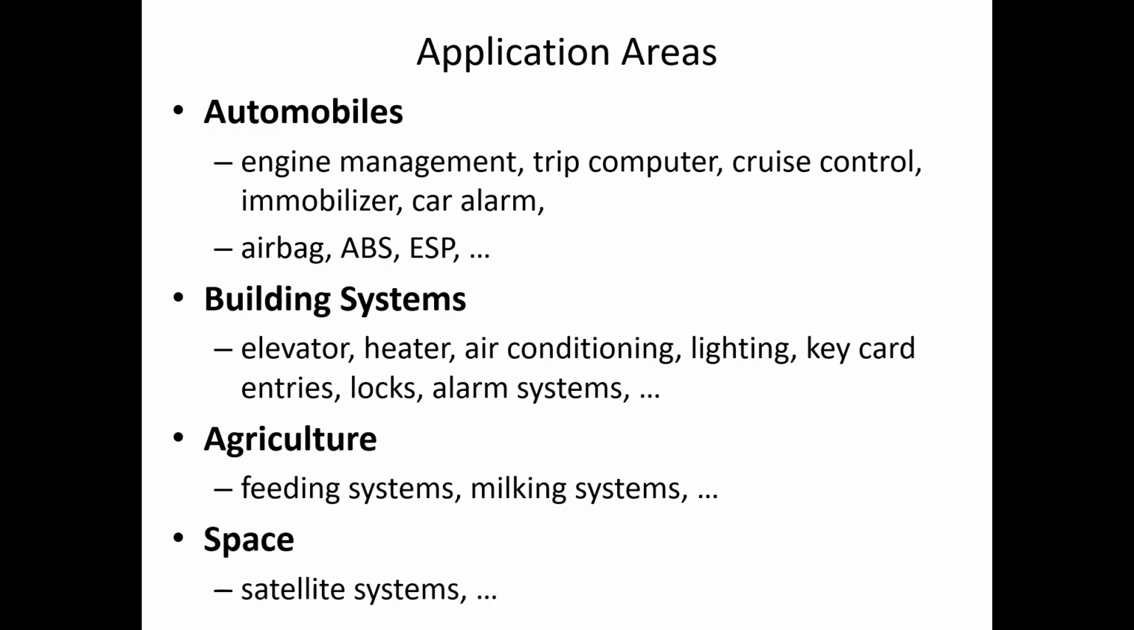ABS, or the anti-lock braking system, prevents the wheels from locking up during braking, maintaining steering control. ESP, or the Electronic Stability Program, helps maintain vehicle stability by detecting and reducing loss of traction. As per the building systems, elevator that controls the movement, speed, and stopping of elevators, heater to regulate temperature to